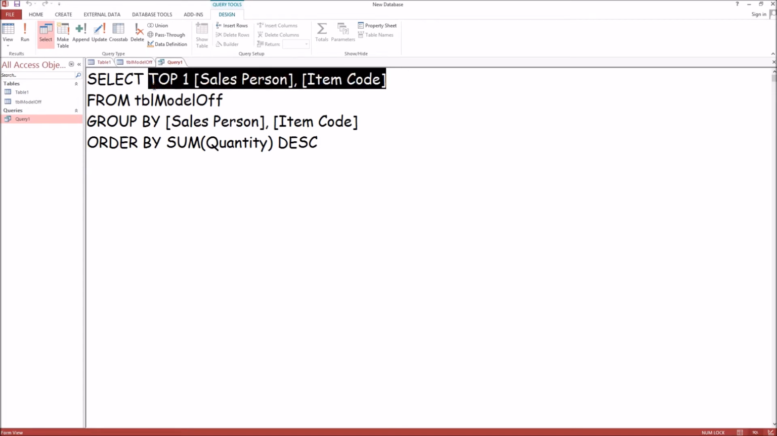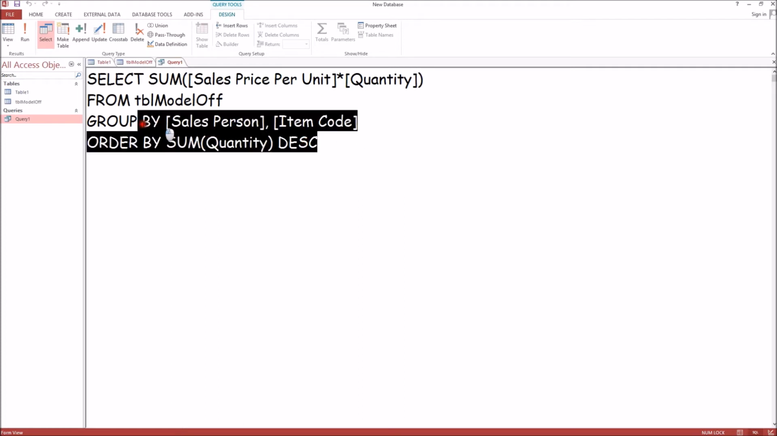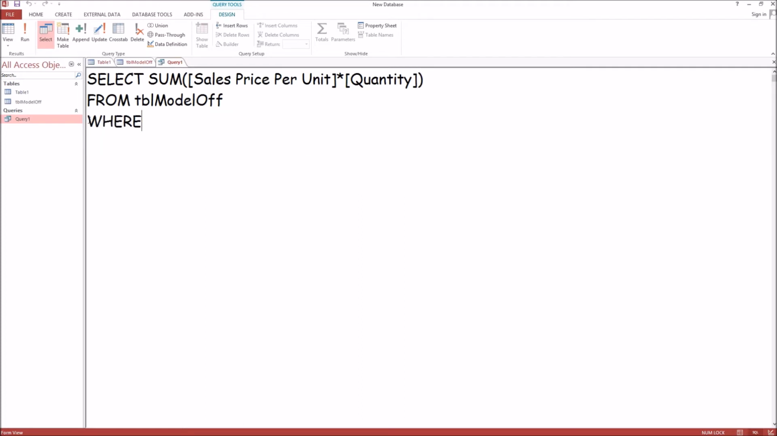So we're going to do the select sum for total. Within sum, we're going to select sales price per unit times quantity, close parentheses, from our table, where salesperson